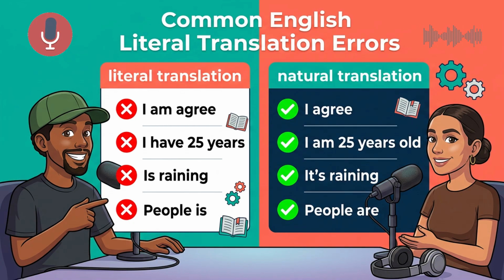If you used the literal translation, you might have thought, my brother has 18 years. But now you know the English reality. The correct answer is my brother is 18 years old, because his age is his state of being. Yeah. You can also simply say my brother is 18.